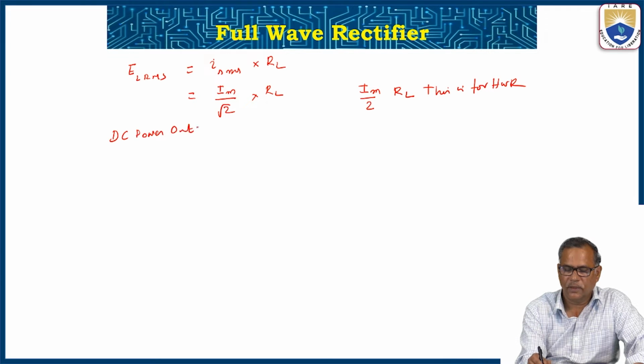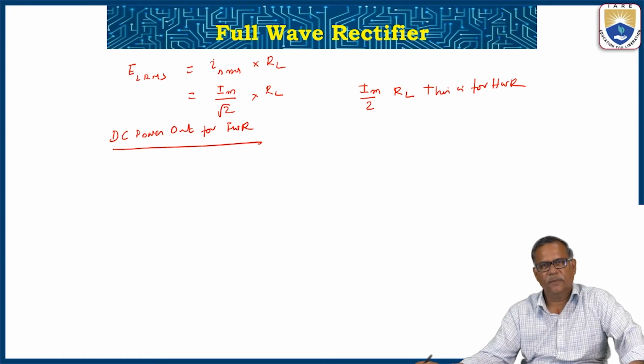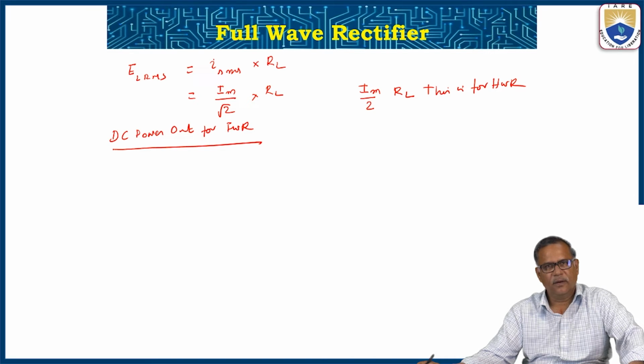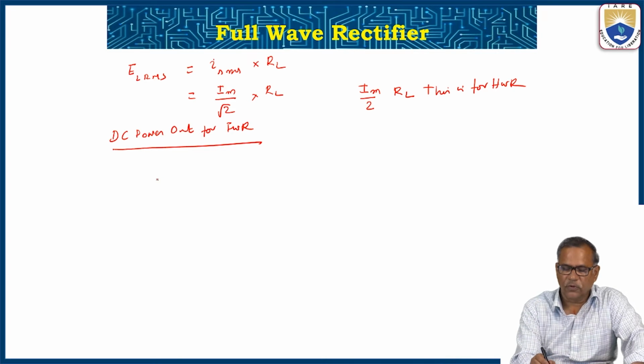DC power output for full wave rectifier. What is the power? Power is nothing but I square R. So that gives us the value of power. So for DC power, we have to take IDC square multiplied by RL. So the DC power output PDC